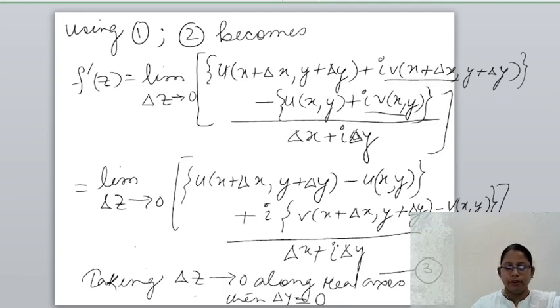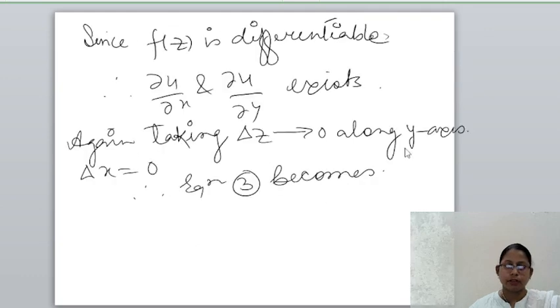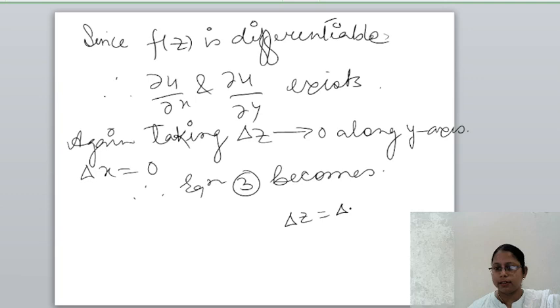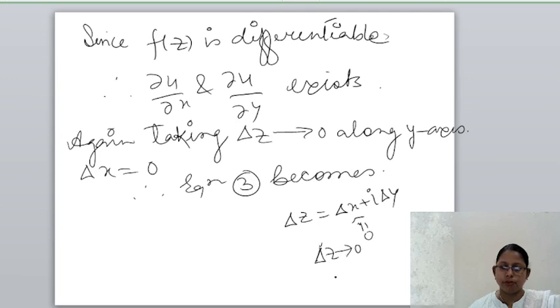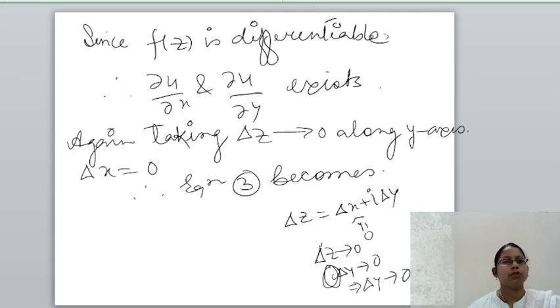And regarding delta z equal to delta x plus i delta y, this portion is equal to 0. So as delta z tends to 0, i delta y tends to 0, where i is my constant number, root over minus 1. This implies delta y tends to 0. So here as we take